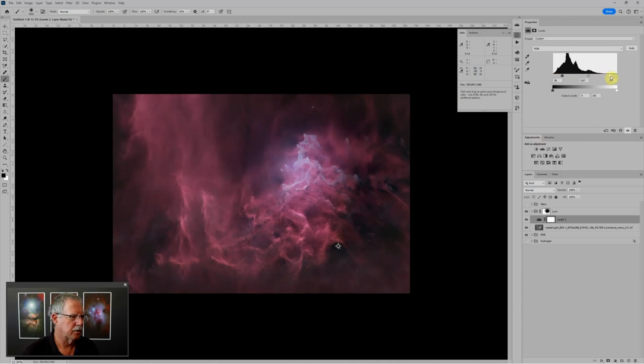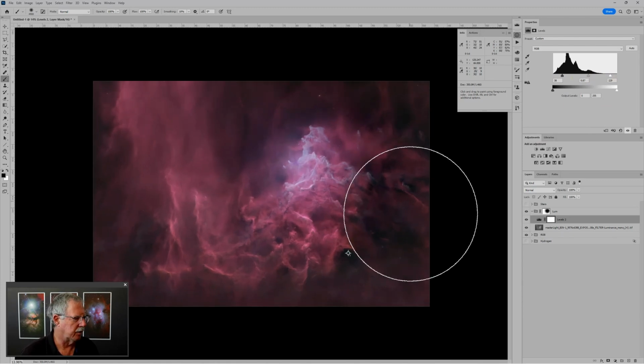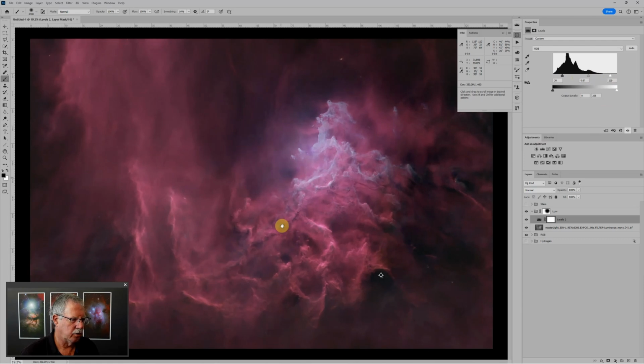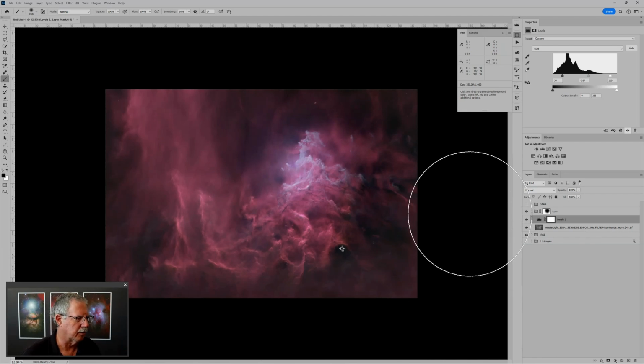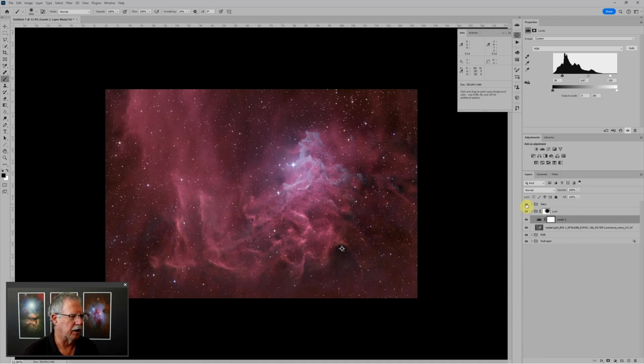So that's a way of adding the luminance data to the RGB, and you can see it's bringing out some of that nebulosity, that little reflection dust that's in the foreground. Let's turn our hydrogen back on, and if we turn our stars on, we're starting to get close to a